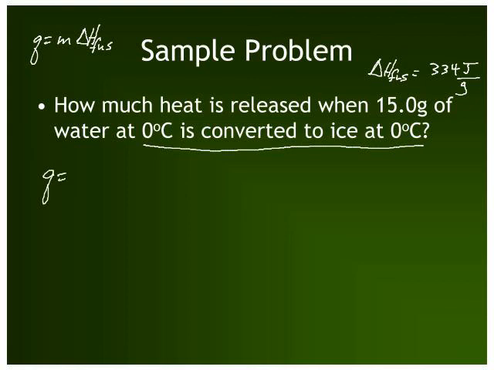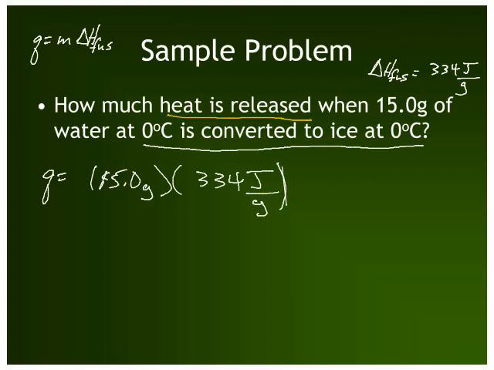So Q equals the mass, 15.0 grams, and then the heat of fusion, 334 joules per gram. I get that set up there. Now, heat is being released. When heat is being released, that is an exothermic reaction, and that means my sign is going to be negative when I do this. On the previous problem, it's absorbed and you get a positive sign. So you can put it there like I did next to the 334, or you can just change the sign of your Q at the end. So 15.0 grams times 334 joules per gram gets me Q equals a negative